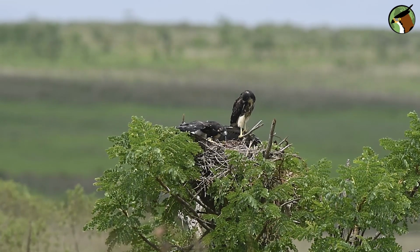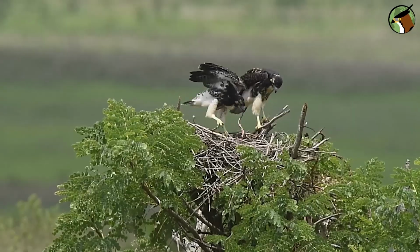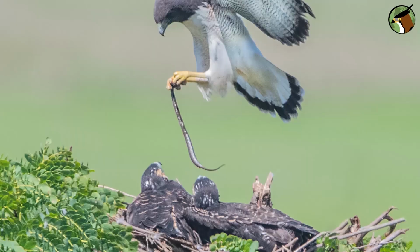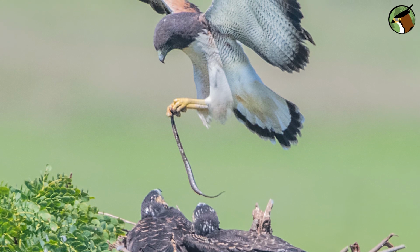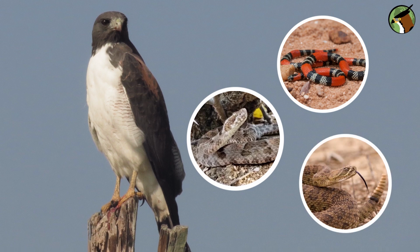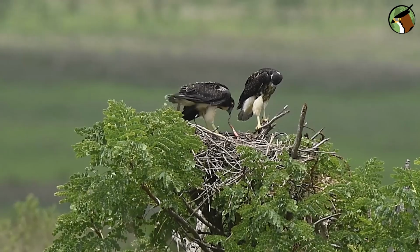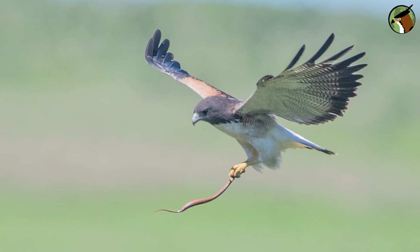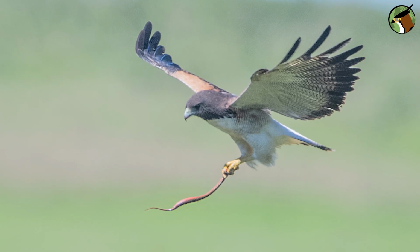Look, despite the distance, it was possible to see the young bird eating a coral snake. It wasn't possible to identify the species, whether it was a true or false coral. But the fact is that the white-tailed hawk doesn't distinguish between the snakes it catches. As well as corals, it can catch small jararacas, rattlesnakes, and other snakes without any problem. Not immune to venom, it basically relies on the precision of its hunts, using its claws to quickly immobilize snakes'